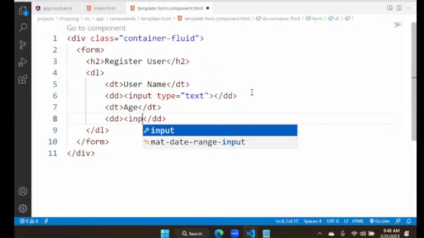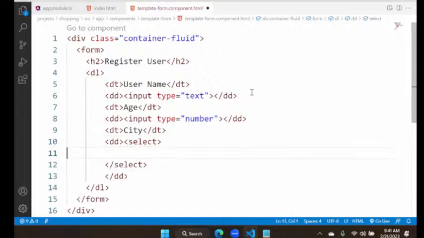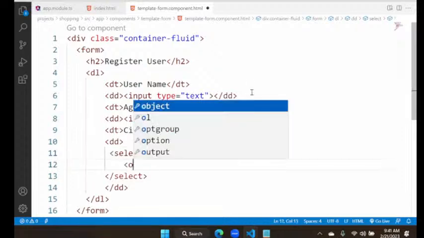And here we have another term, city, and the data definition has a select. Select just uses options. So this is a simple drop down we are configuring. Now I'm adding an option into that. So we have Delhi,